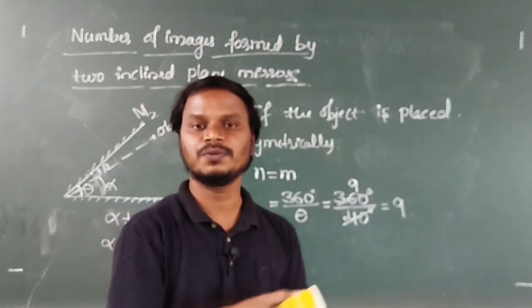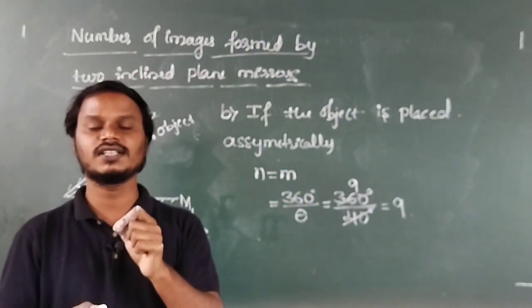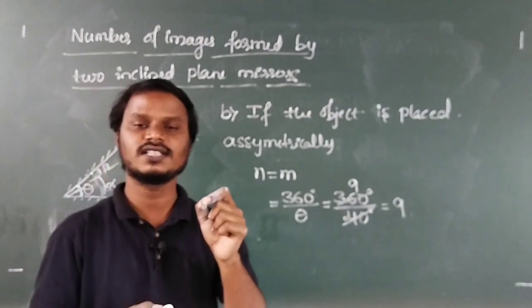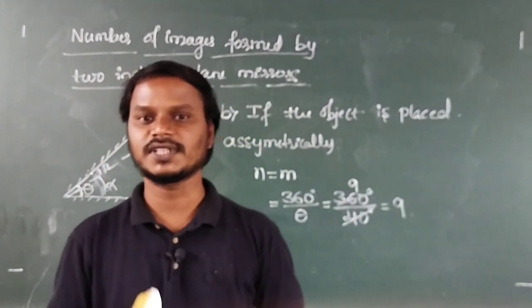Then in case 2, if the 360 degree divided by theta is an odd number,